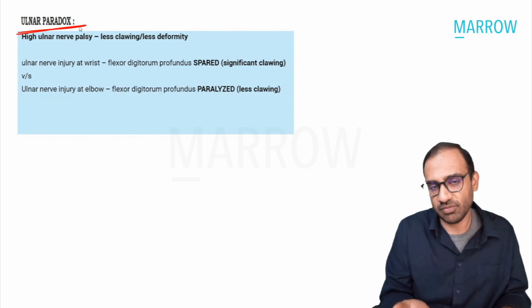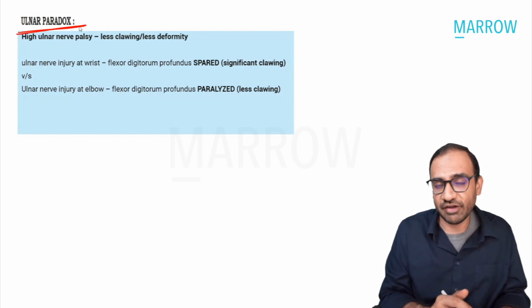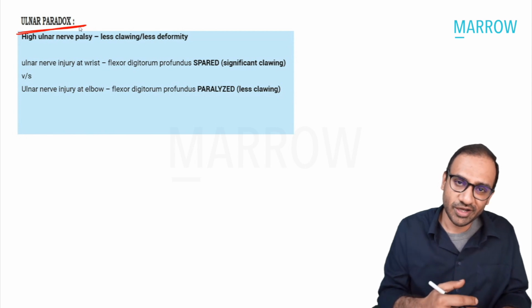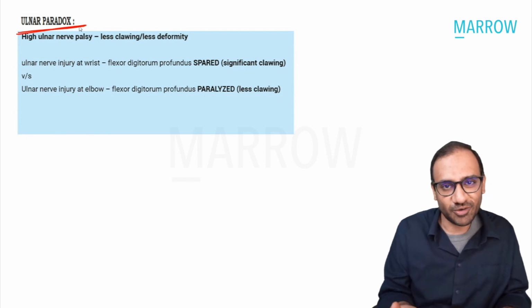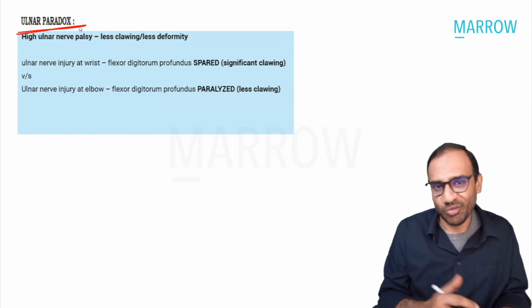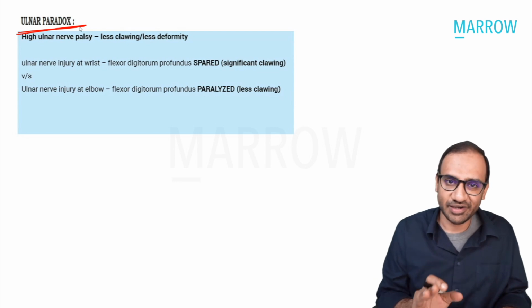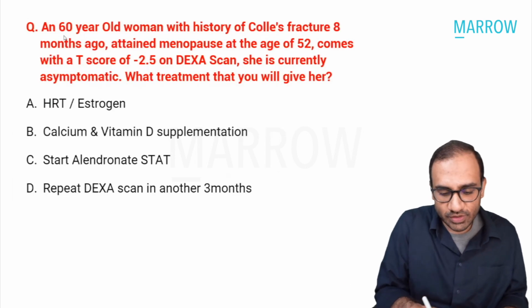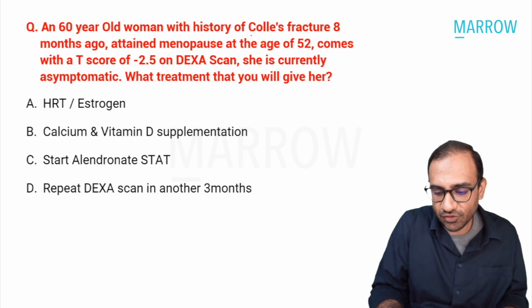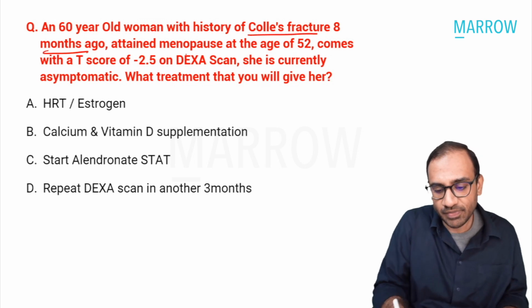And in low ulnar nerve palsy, because of the sparing of the FDP, the clawing will be more. So in high ulnar nerve palsy, low deformity, and in low ulnar nerve palsy, more deformity, and that is ulnar paradox. Another easy question that was asked: a 60-year-old woman with history of Colles fracture 8 months ago attained menopause